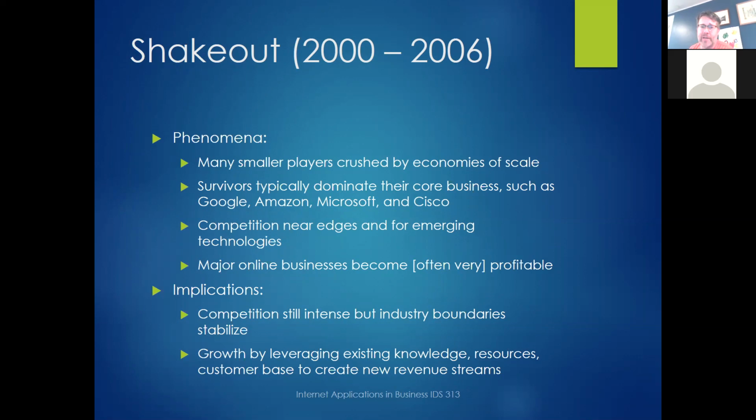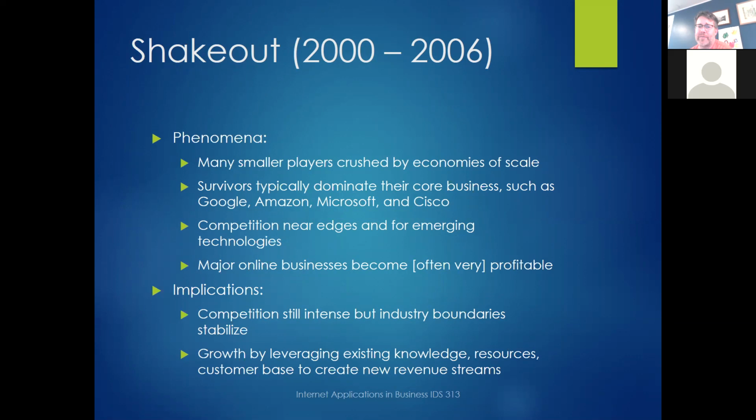For retailing, you had Amazon. In 2000, Microsoft's bread and butter was Windows. They were selling that, and of course, other things like Office, and Cisco for networking. So in all these domains, you had like one big name and a bunch of lesser names. There was still some competition around the edges. For example, these days we see that Microsoft and Google are still battling a little bit around the search engine stuff. I mean, Google's the clear winner, but Bing exists and it's doing more business than you might guess. Likewise, let's see, Amazon and Microsoft and Google are all competing in the cloud world. So yeah, there's still some competition, but